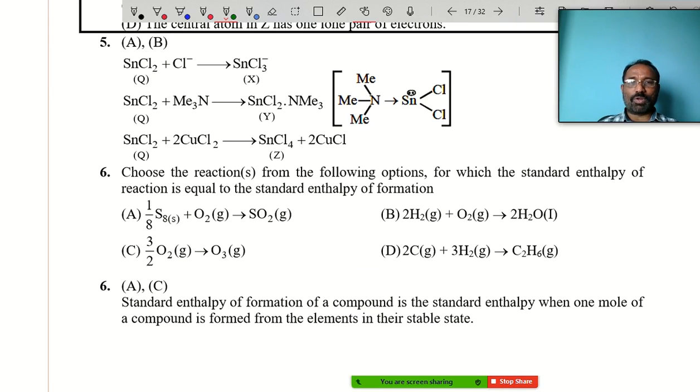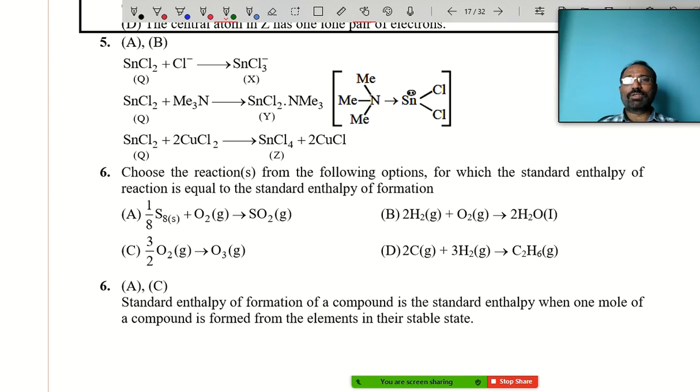Choose the reactions from the following options for which the standard enthalpy of reaction is equal to the standard enthalpy of formation. Here, enthalpy of formation means the amount of energy released or absorbed when 1 mole of a substance is formed from its constituent elements in their standard state. For example, if you observe option A, that is S8, the rhombic sulfur, reacting with oxygen